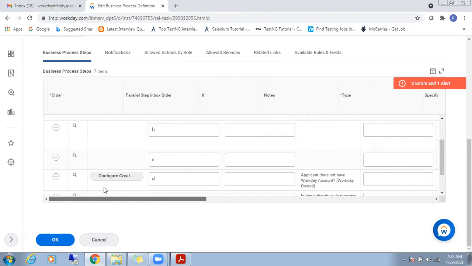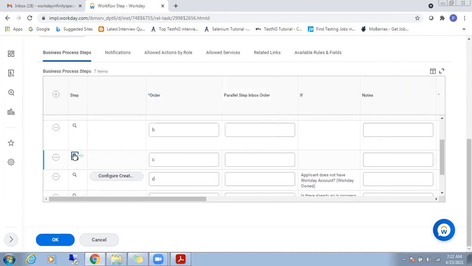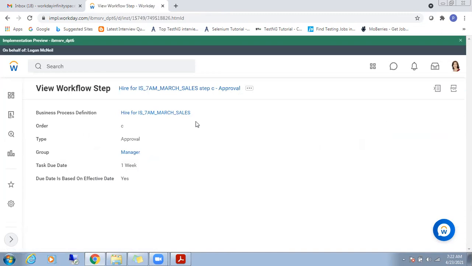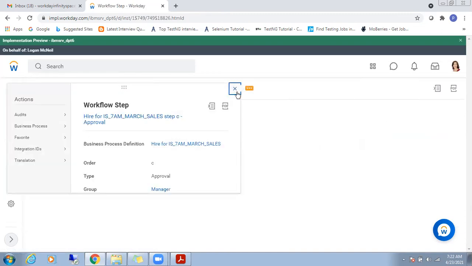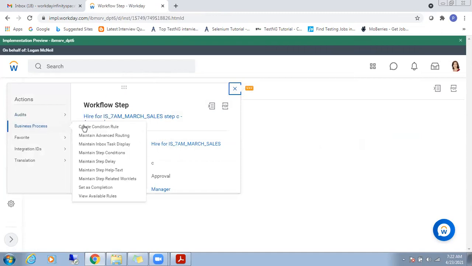Can you see the step here? Approve. On this magnifier, I'm going to make this step as complete. How to make this step as complete? Business process, maintain step completion. Can you see here anything? Set as completion status.